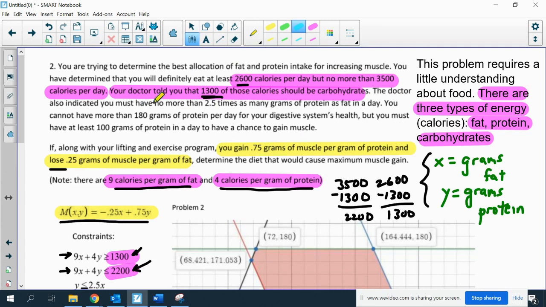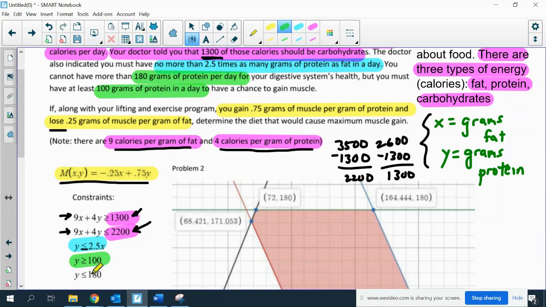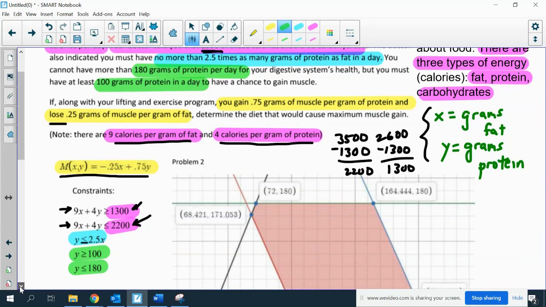Then we also have no more than 2.5 times as many grams of protein as fat in a day. So that's where this equation comes from. And then there are these restrictions on protein as listed here. So then I have these 5 constraints,